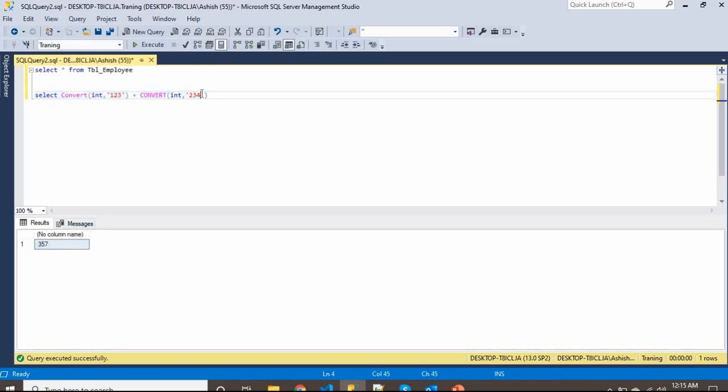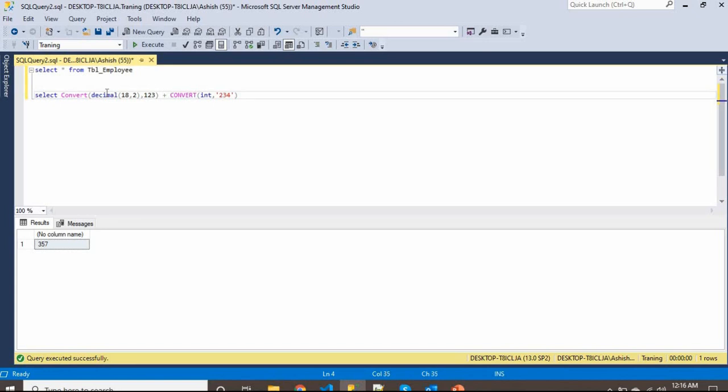One more thing you can do: suppose you have an integer and you want to convert it to decimal or any other type, and display 2 decimal places. It takes up to 18 length, and after the decimal point you want to display only 2 points.